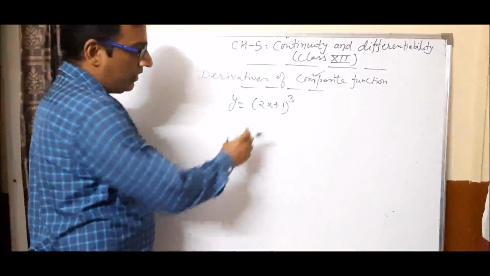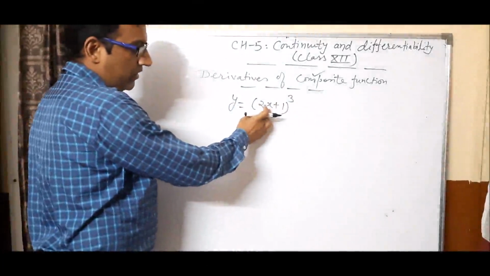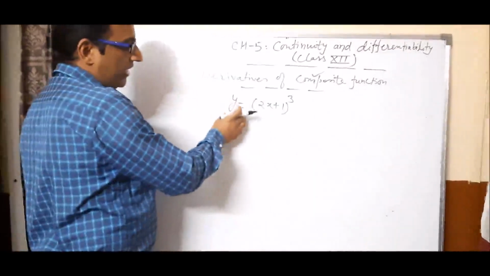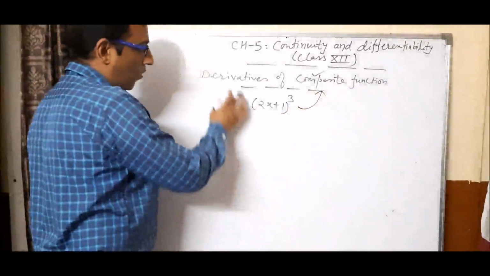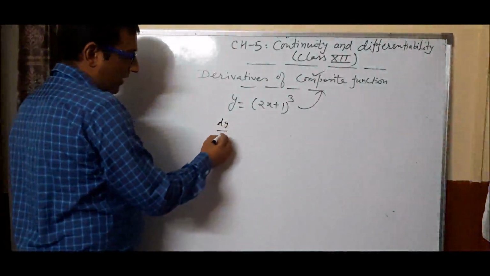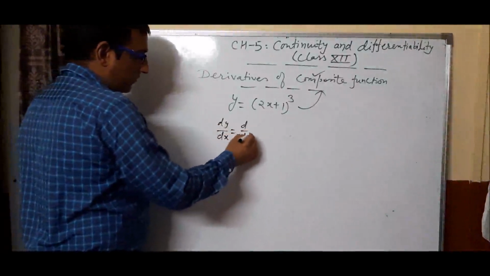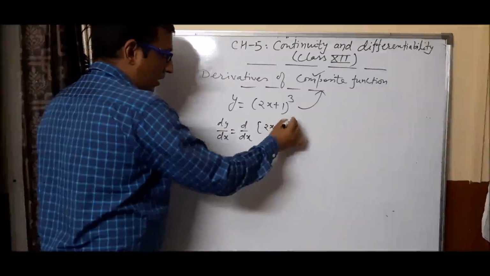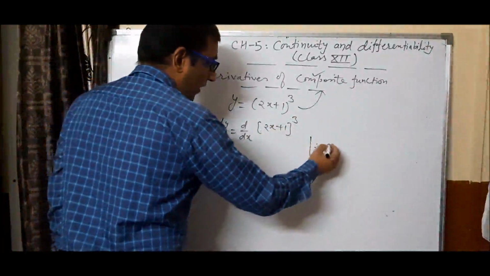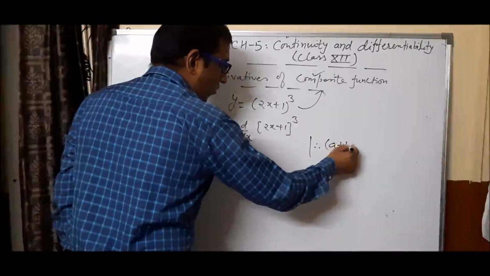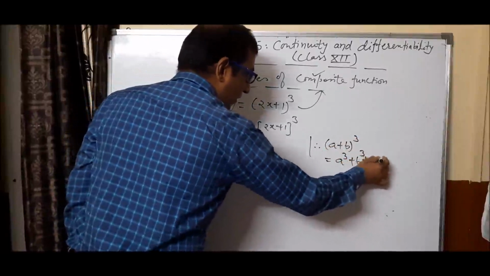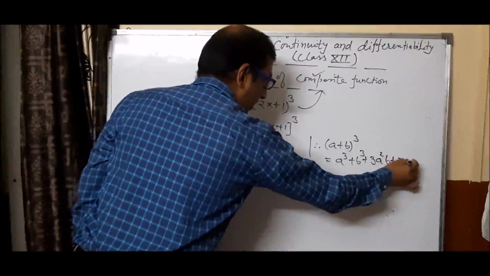As you see in this example, x and then 1. x is algebraic function and 1 is constant function, and here we are using plus sign or minus sign. So that type of function is known as composite function. So how can we do the derivative of this type of function? So we will write d by dx both the sides of the whole cube of 2x plus 1, so that we will go with the binomial theorem, or we know very well as per the lower class, (a plus b) whole cube, this is equals to a cube plus b cube plus 3a square b plus 3ab square.